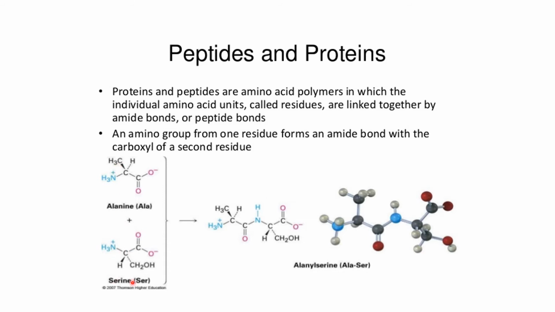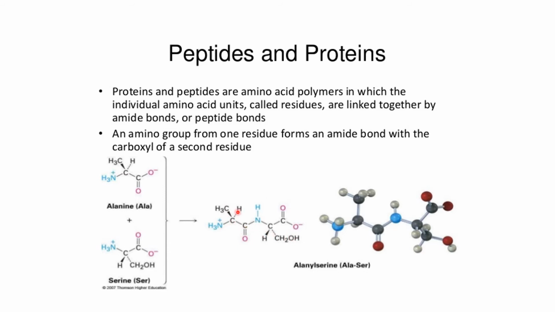Now this is serine. In this serine, this is the alpha carbon atom. This alpha carbon atom is again linked to four groups. One is H, other is an amino group. The third one is a carboxylic group, and here the R is CH2OH. This is serine. So what I want to show over here is that the two amino acids are linked together to give rise to what I can call a dipeptide, because two amino acids are involved in this. Now there is a bond.